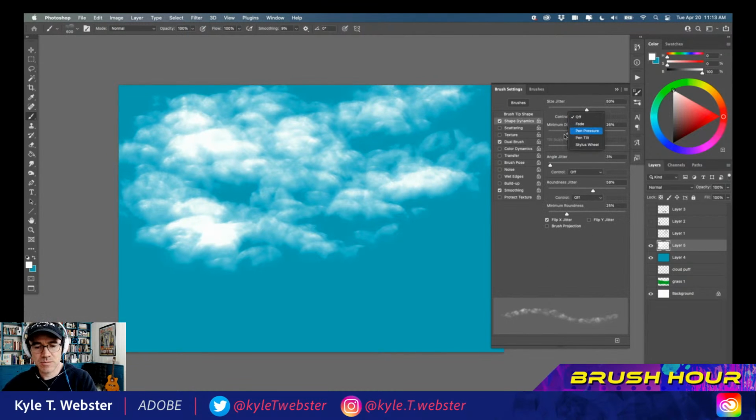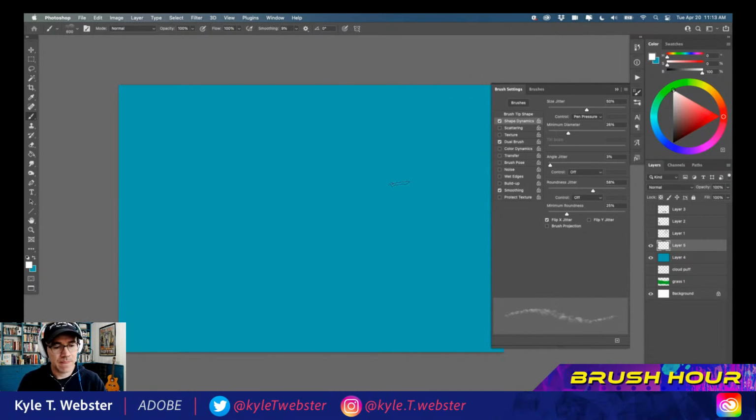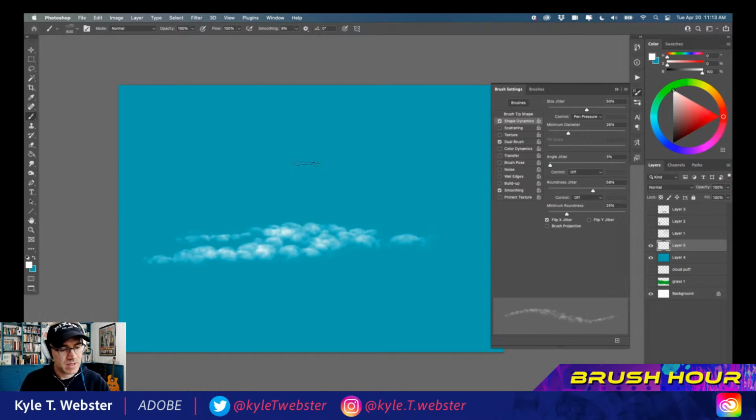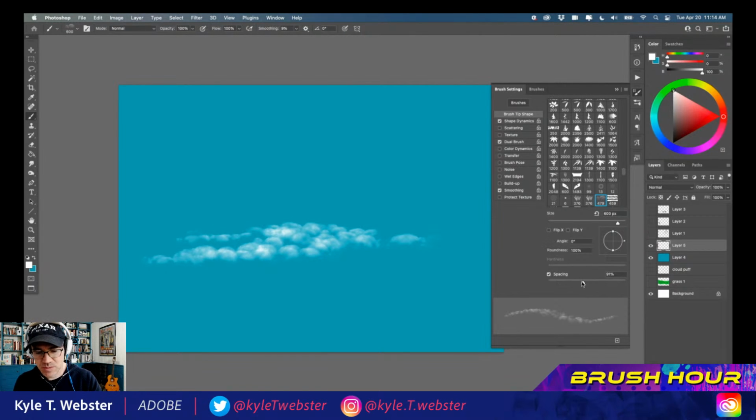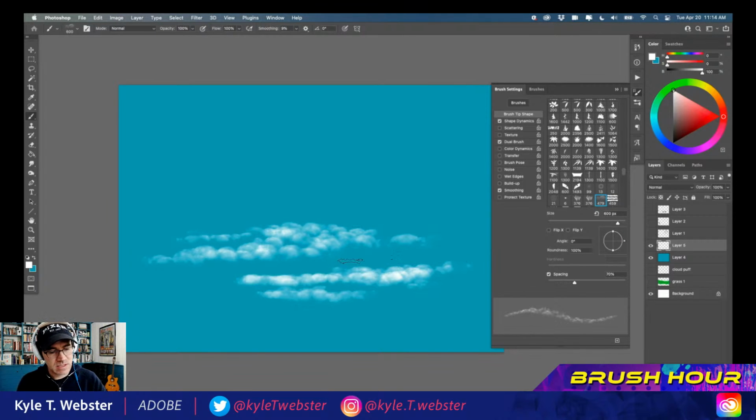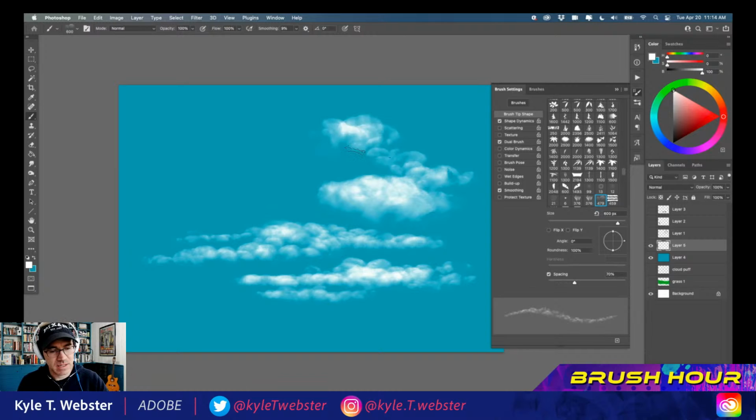I'm going to go ahead and turn on pen pressure to control my size. So that's going to help a little bit. So I can have these clouds off in the distance that are a little smaller, right? I'm going to increase or decrease my spacing just a hair so they kind of bump up against each other a bit more. There we go. So I got these clouds in the distance here. And as they get closer, of course, they're going to get bigger,